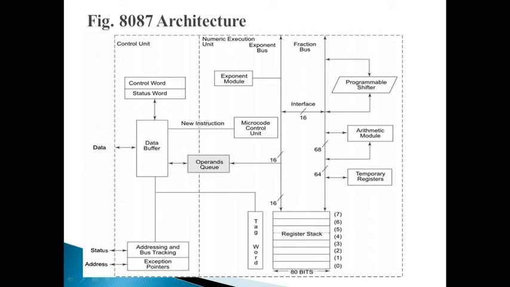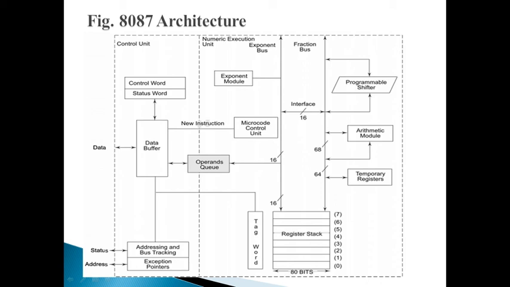The internal bus is 64 bits wide including the 68-bit fraction, and a 15-bit exponent and sign bit. When NEU begins the execution, it pulls the busy signal high, indicating that right now NEU is busy. This busy signal is connected to the input of the 8086. The 8086 waits till the busy pin of the 8087 goes low. The pin going low means that the 8087 has performed the last operation and is waiting for the next operation. The last operation should be completed before receiving the next operation.